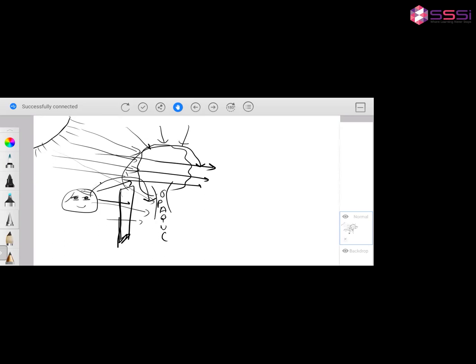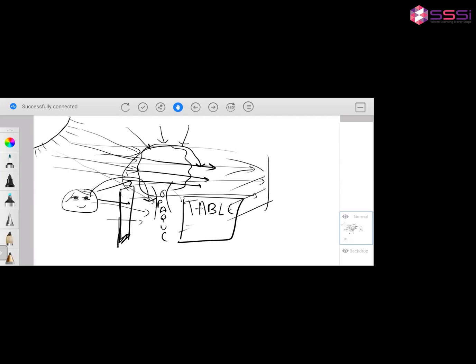You can see wherever these light rays go and get reflected and get stuck. You can see through the glass, but on this side of the glass you can see a table. Now you can see the table, but can you see what is kept on this side of the table?